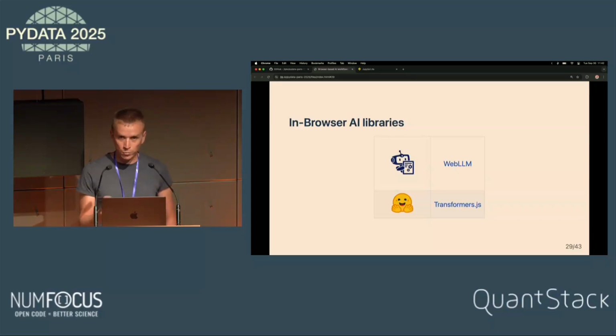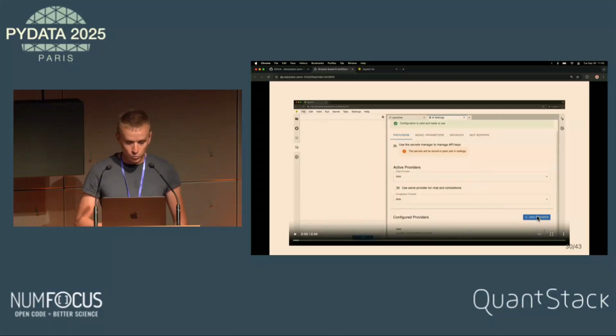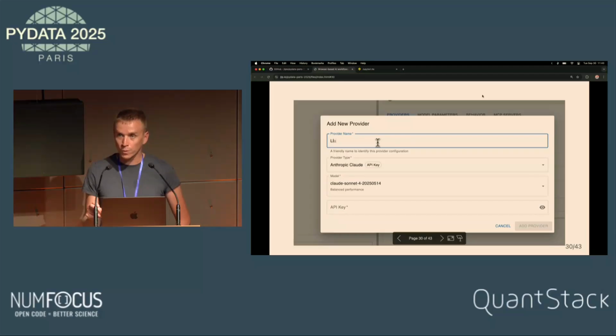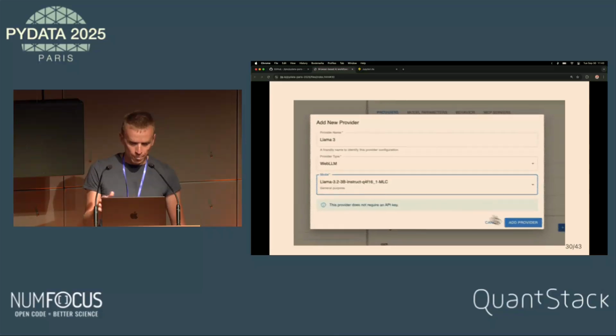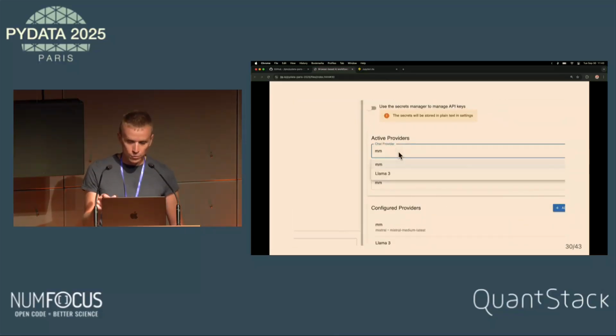Currently there are two main projects. One is called WebLLM and the other one Transformers.js. They both take the approach of compiling existing models to WebAssembly, and they also have a way to use WebGPU, so the inference is a little bit faster in the browser. Here I will show you a quick demo. This time it's just a screencast, because the important thing was not necessarily the interaction with the LLM, but more what happens when you run such a model locally. So here with WebLLM, we use Llama 3.